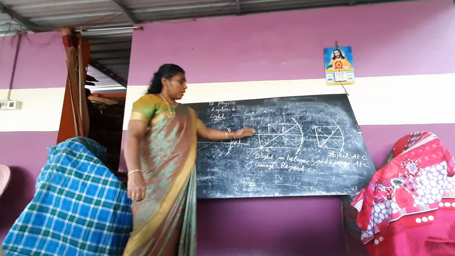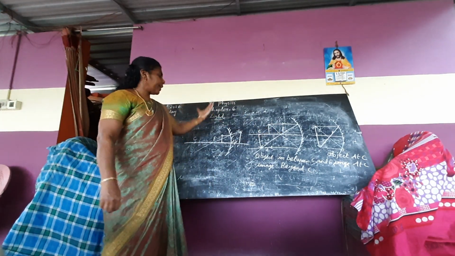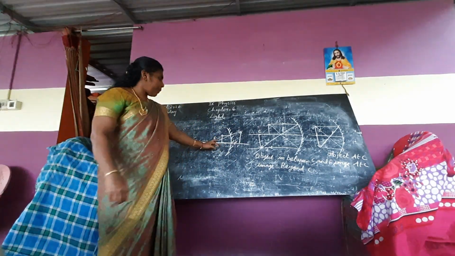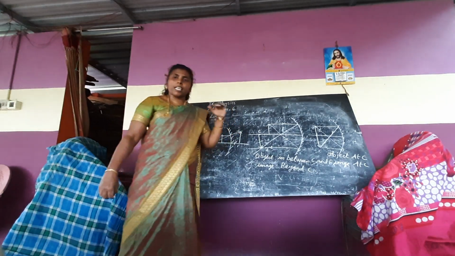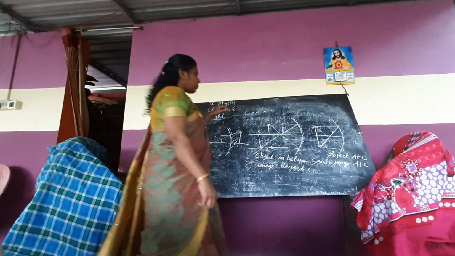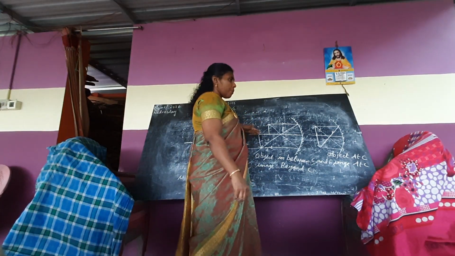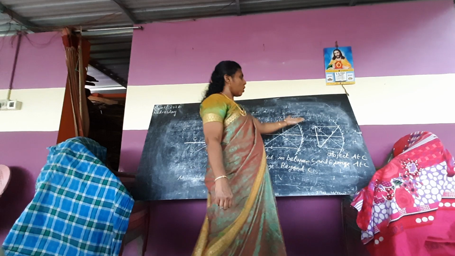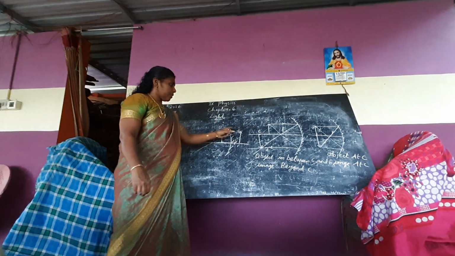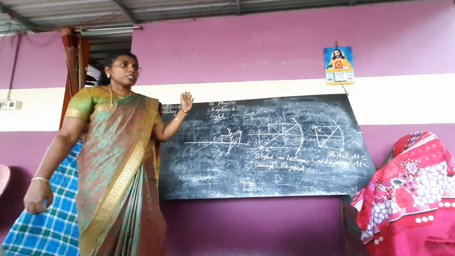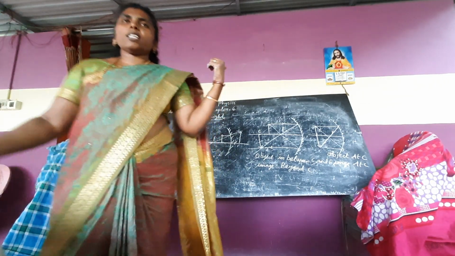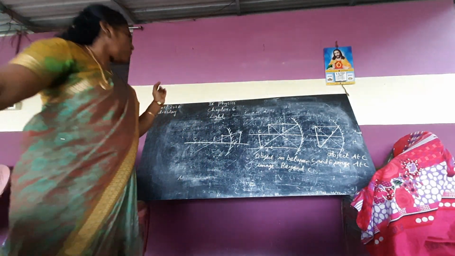See here, everywhere an inverted image you will get. But here you will get an enlarged image. When compared to the object, the image is enlarged. Everywhere else you will get an inverted image. See, the object is an upward arrow, the image will be a downward arrow. Here also the object is the same, but the image is enlarged. Okay. You get it on the opposite side of the mirror. So these are the image formations of the object.